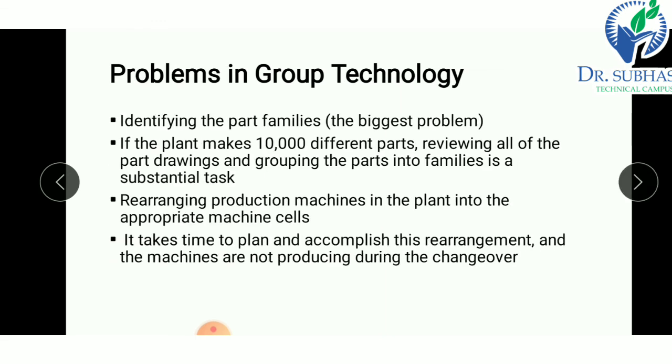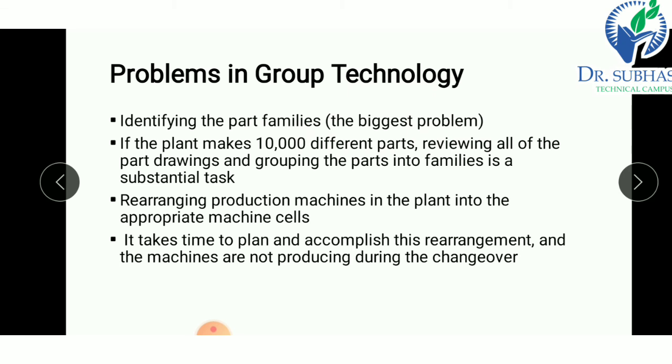Now let us see some limitations of group technology, or we can say problems in group technology. The first one is that identifying the part families is the biggest problem. Suppose we are manufacturing thousands of parts, then from these thousands of parts we have to form part families.